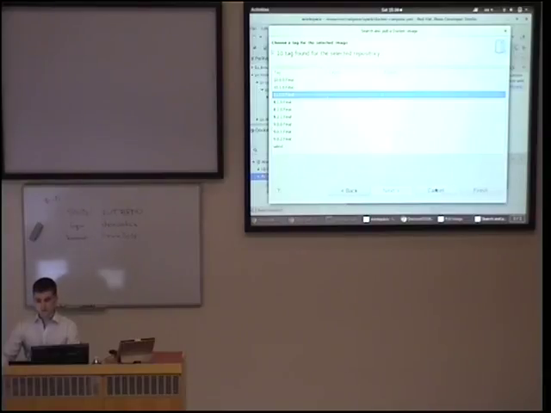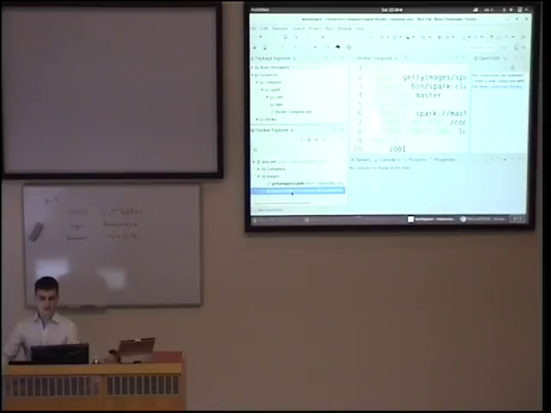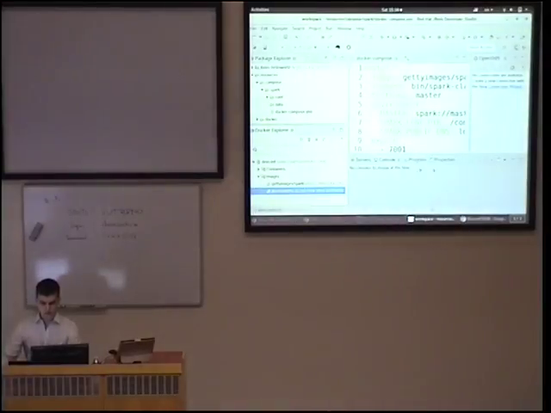I'm not going to do this right now because it takes some time, and I already have here this image pulled. You can, sorry, it's because of the resolution. You can add tag here for this image right from the Docker Explorer. Wildfly, let's say 1, 2, 3. You can see that a new tag appears here. You can also remove tag, and let's run this